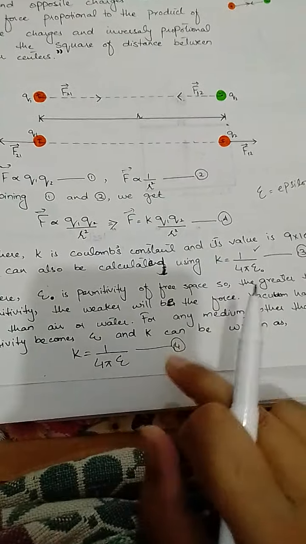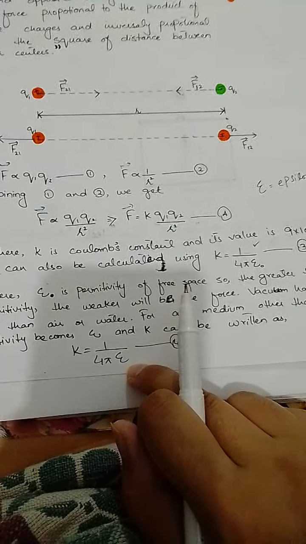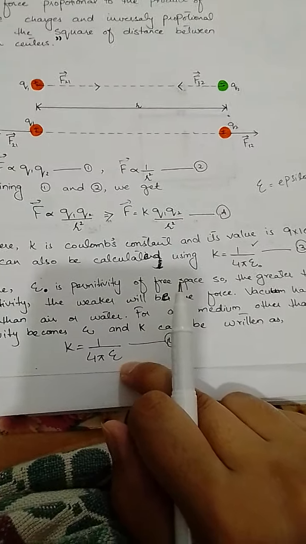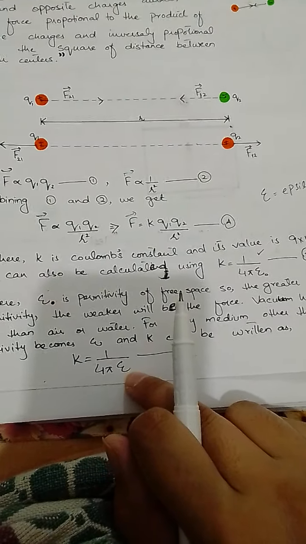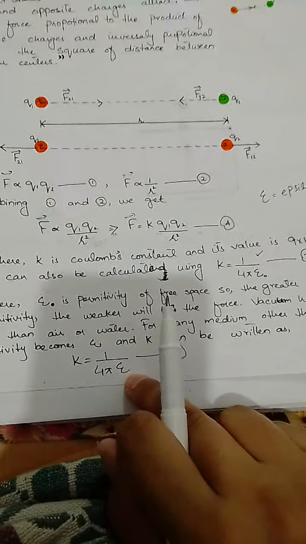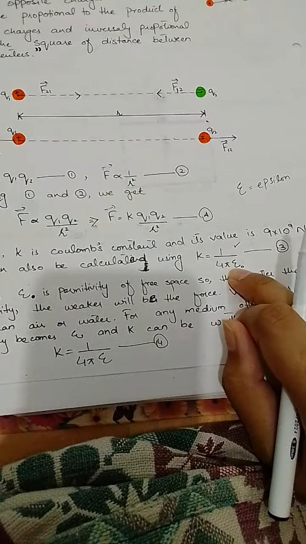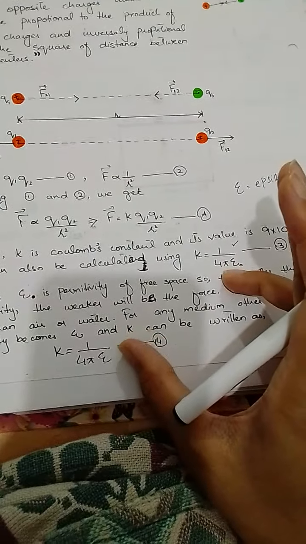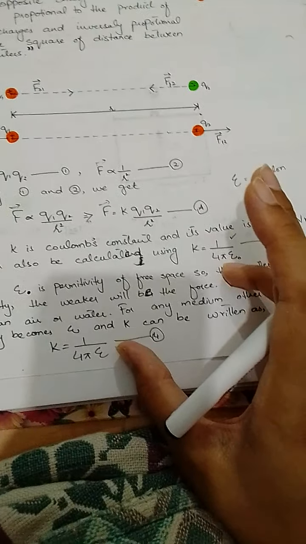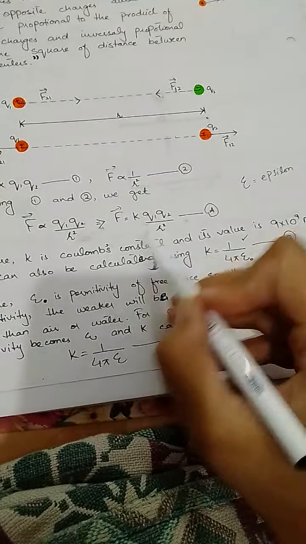So that's basically a constant, and k can be written as k equals 1 by 4 pi epsilon, because we are not using epsilon naught. We are not using vacuum over here. In case of any other material medium other than vacuum, we use this equation, and for free space or vacuum, we use this one. If we are not asked to explicitly calculate these things, we are going to use 9 into 10 raised to power 9 in place of k